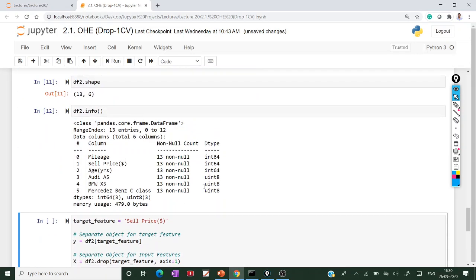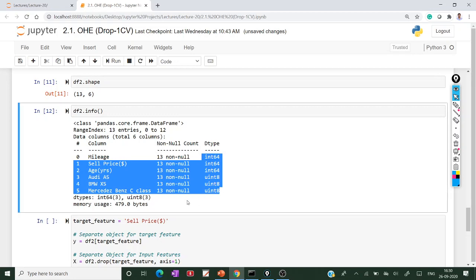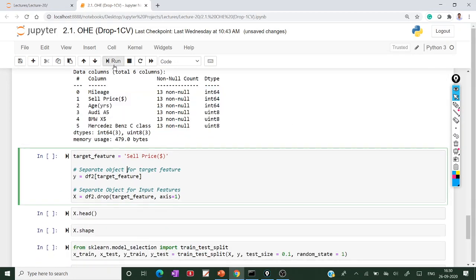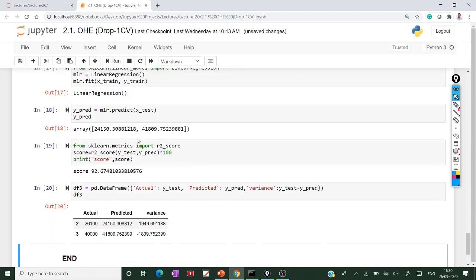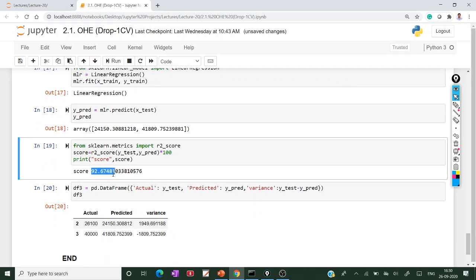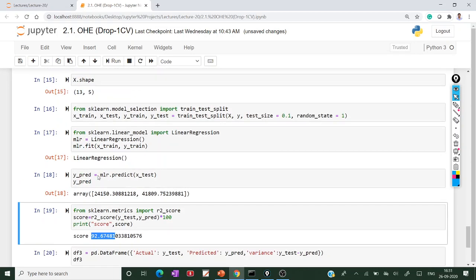If you see the data type, all are integers. This data is ready to feed the model, and I create x and y and apply the model. I got 92.67. Previously, when I applied label encoding with one hot encoding, we got the same result, 92.67.